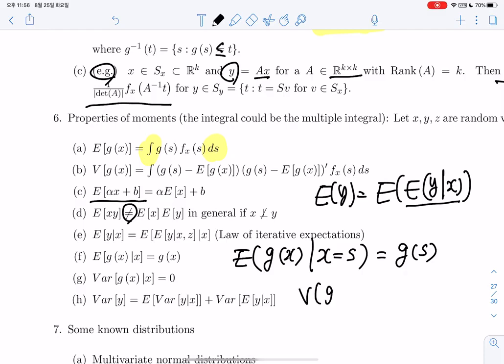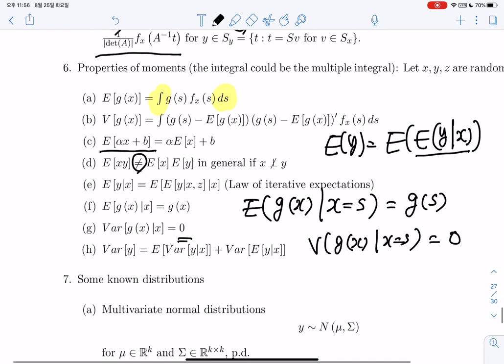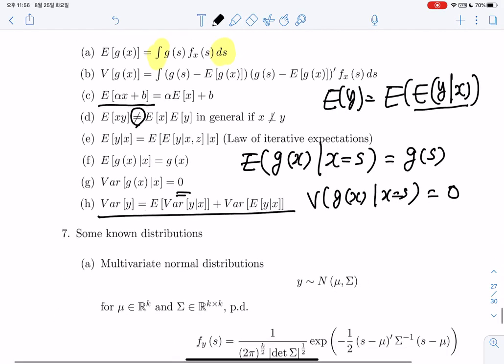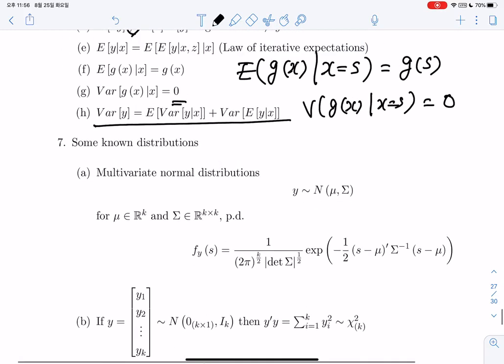The variance of g of x given x is s. So when x is s, g of s is just a constant. The variance of a constant is 0, and that's why this is the case. Okay, show this. Next time I'm going to talk about some important